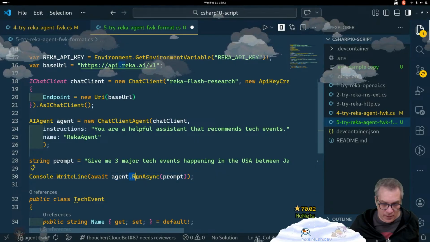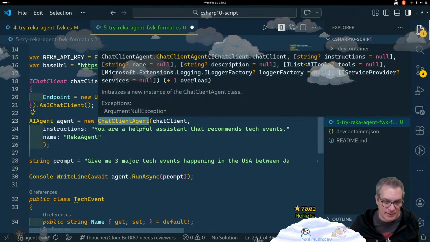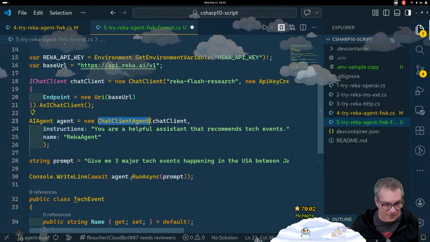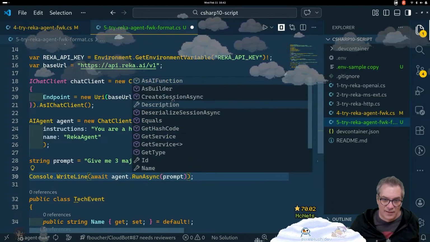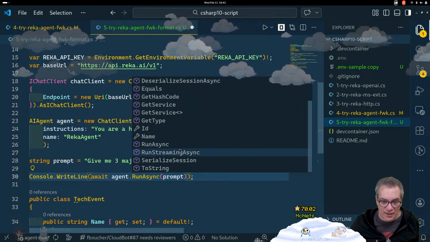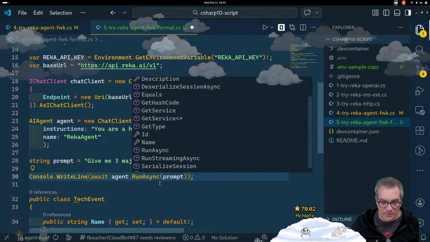So there's no, so that's an agent. But that's a chat. Chat client agent. And in the chat client agent, I don't have it with types.